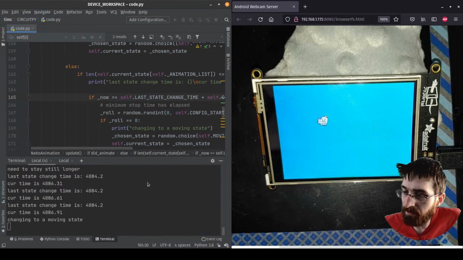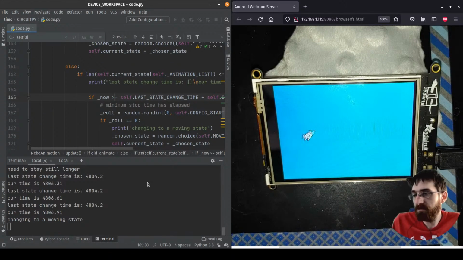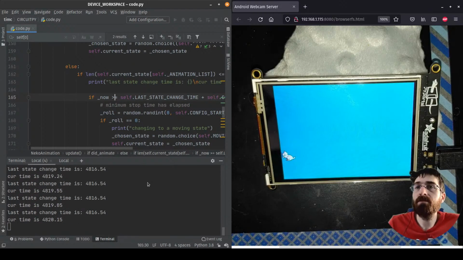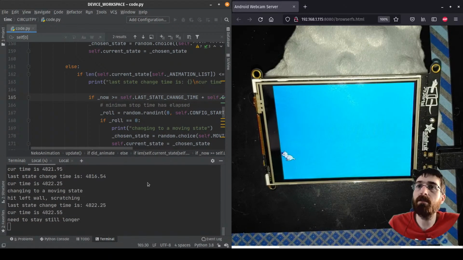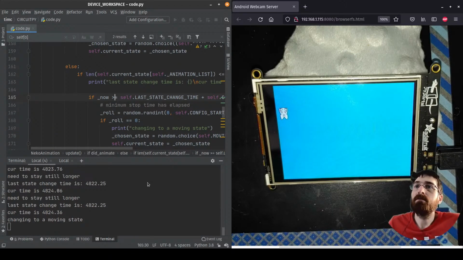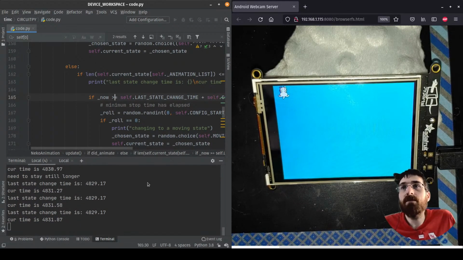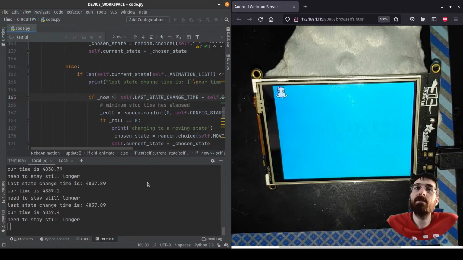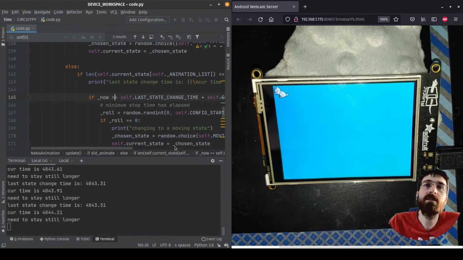So I'm debating whether I want to make it harder for it to get stuck scratching over and over again, or if it's okay that it just gets stuck scratching over and over again. I mean, cats have a mind of their own. Cats are gonna do what they want to do. I almost kind of like thematically that it can just choose on its own to do something for longer than